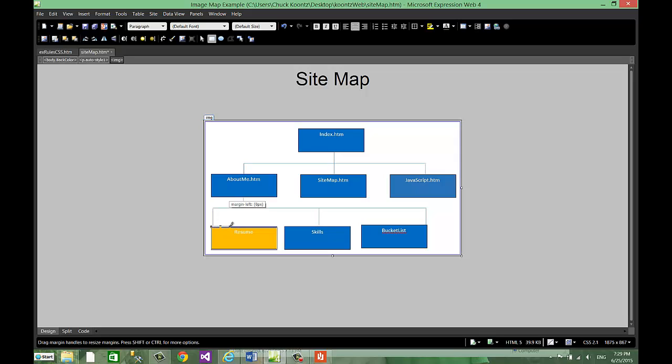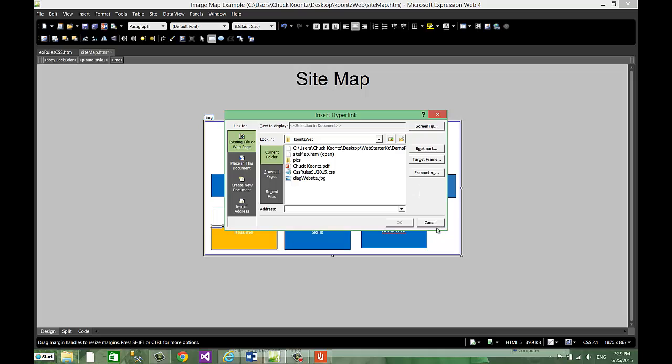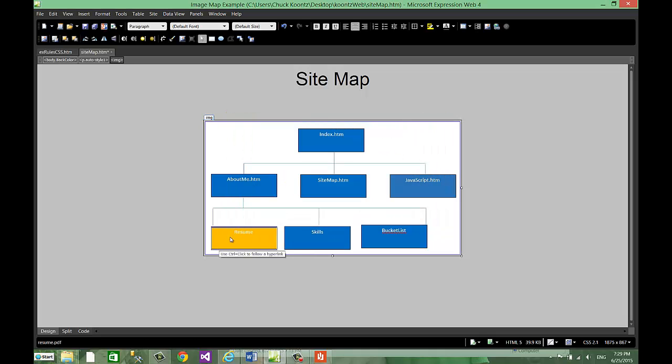I'd already done that. I'm losing it. May have to go here and edit this, or everybody's going to think I'm totally forgetful. So I'm going to cancel this. I already had that set up, if you recall, to hyperlink to resume.pdf. So that's already done. Let me save it, close this up,